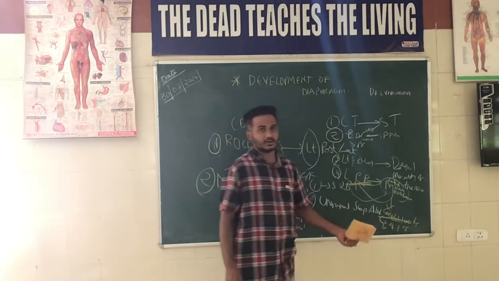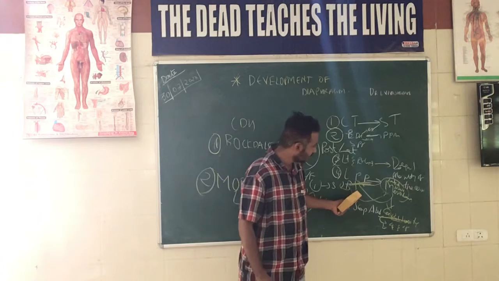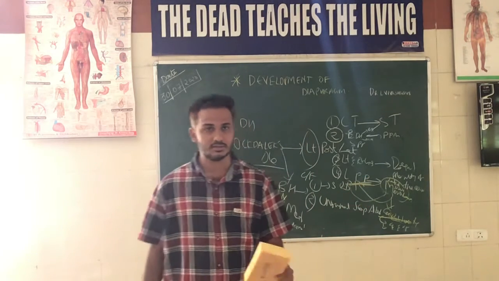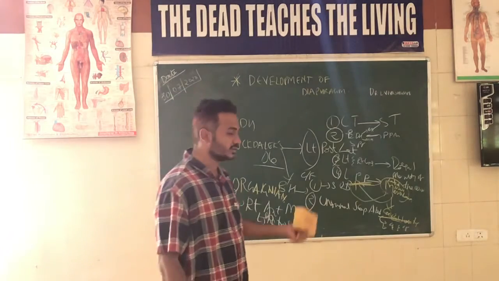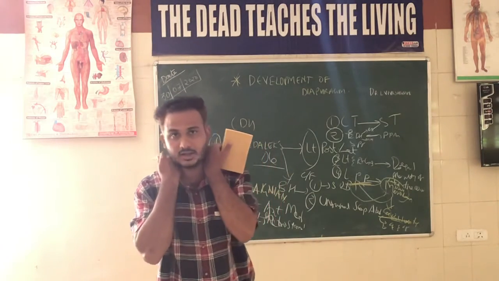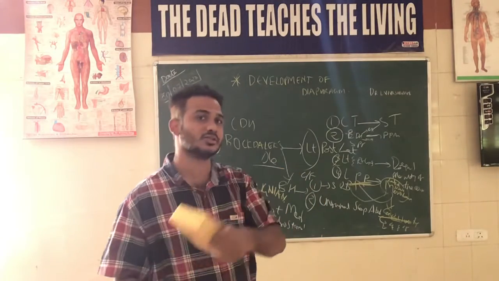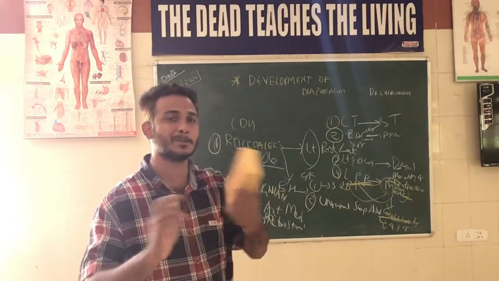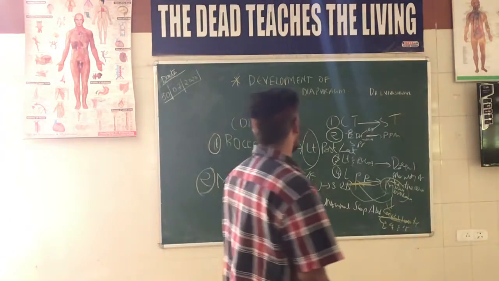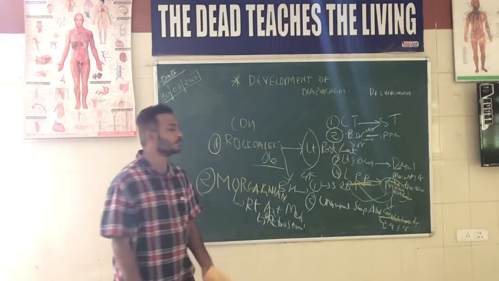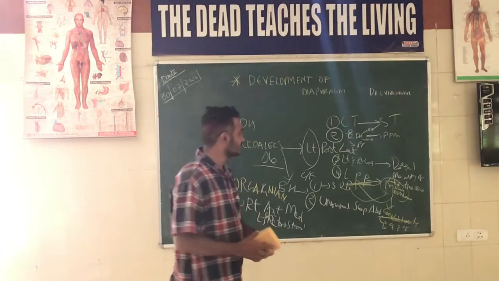So we can correlate it, like this particular part is supplied by the phrenic nerve. The root value of the phrenic nerve is C3, C4 and C5. So that's clear that the descent has happened from the cervical region. The nerve supply, you can correlate embryologically as well as gross anatomy wise. Both are satisfying each other. And this is all about the development of the diaphragm. The major important aspects we have got.